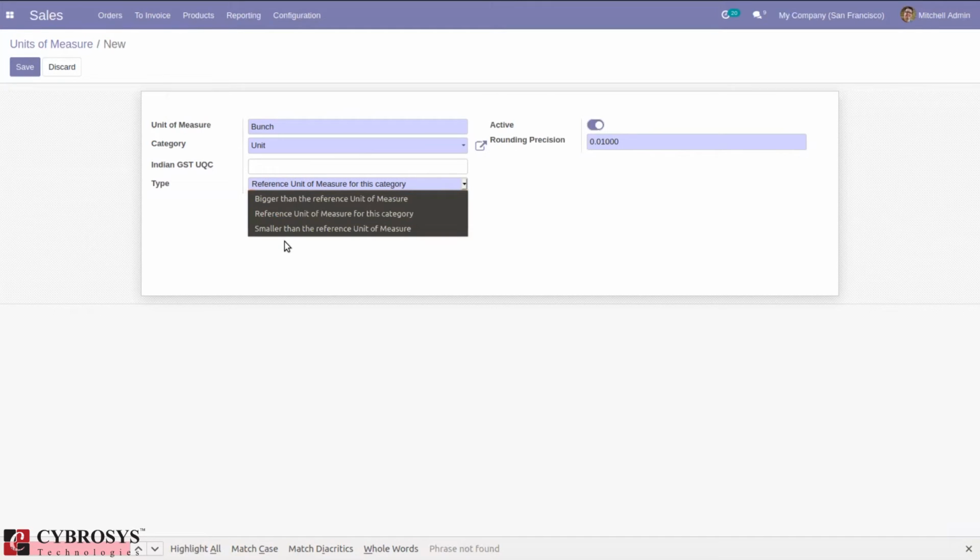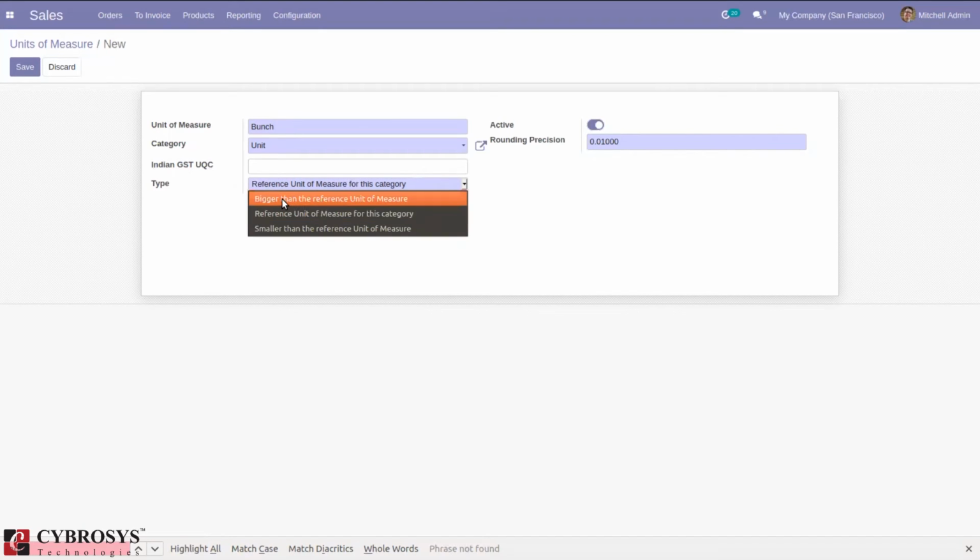So if you're creating a unit of measure, we can set that unit of measure as a reference unit of measure for this category. So we have already a reference unit of measure for this category unit, which is units. So I'm not going to set unit of measure bunch as a reference unit. So I can set either it as bigger than the reference unit of measure or smaller than the reference unit of measure.